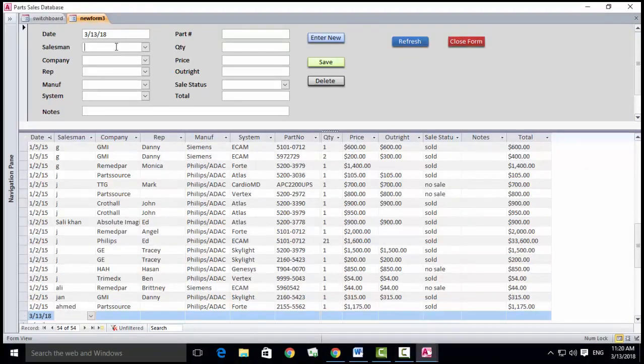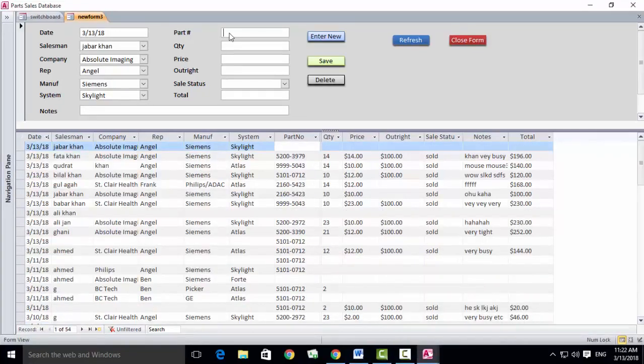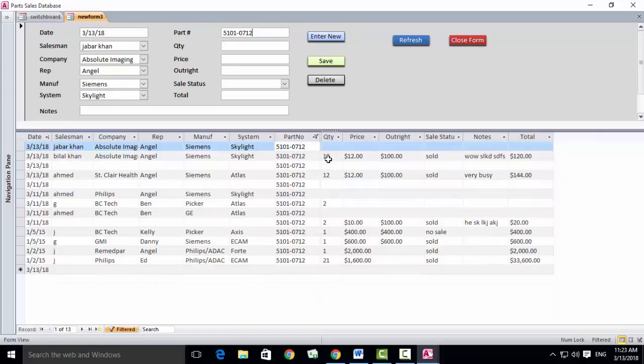So now for example I will enter a record here. In my case it is Jabbar Khan, and then a company name etc. You can just fill in the rest whatever you want, and then the part number. And now as you can see the draw box, I have removed the draw box, and now for example I will enter a part number here, 5010712. Okay, so now as I press tab for the next field,